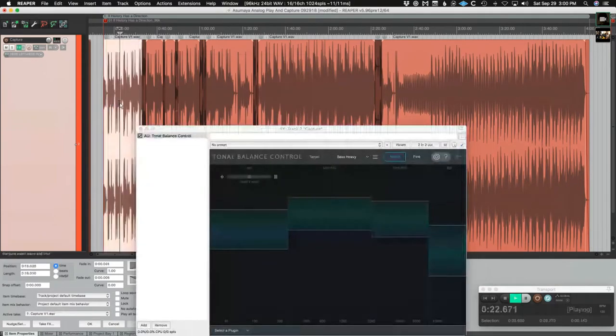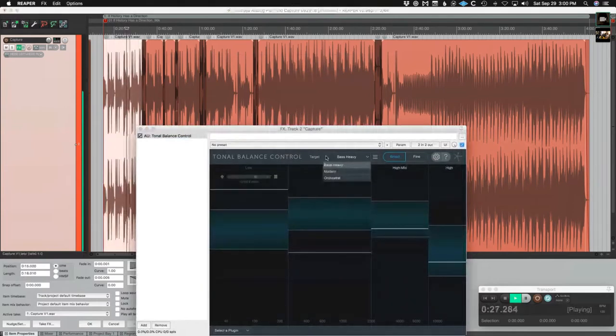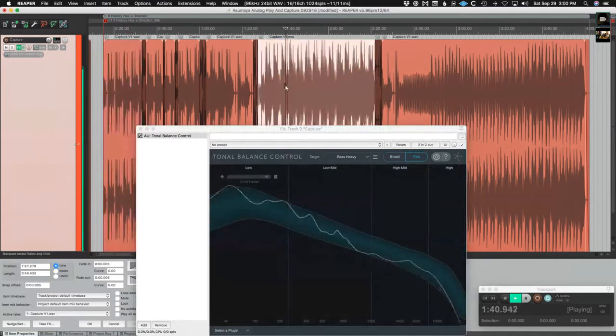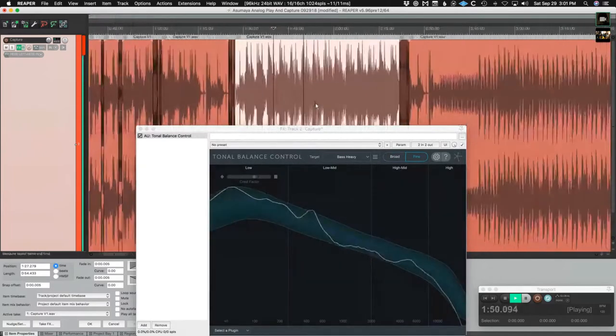So I'll hit play on this. We'll see what happens. Isn't there a different view? Yeah. Yep. Like I said, this is a very bass-heavy project. It's like African indie rock, basically, African rhythms. It's mostly bass guitar and low drums. So that's why it looks this way. But this is actually a cool